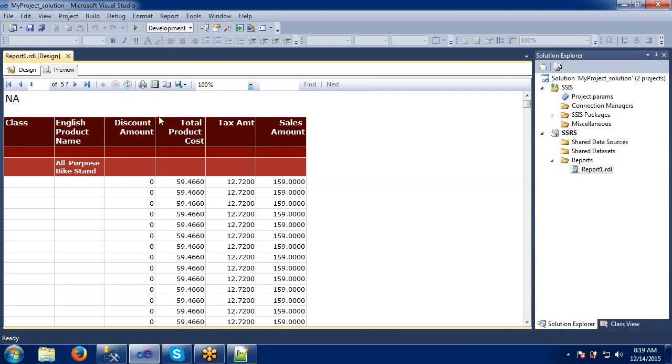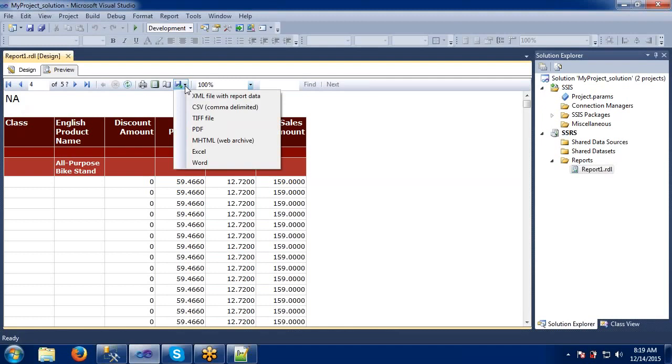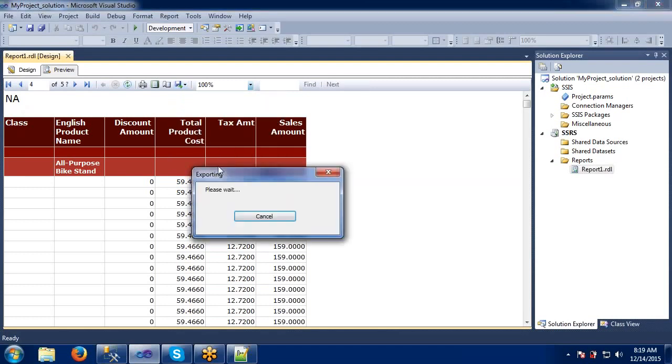So if you think this report is final, then we can simply store this report in a different format. If you want to store this report in XML format, CSV, PDF, Excel, it can be done. You can try yourself. Right now I will show you one PDF here. Means if I'm okay with this report, I can just save these reports into my local system also. Okay, and I can send it to my manager to review it.